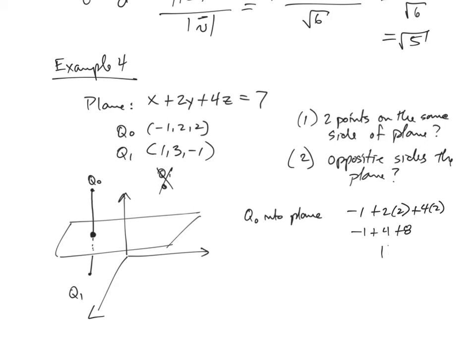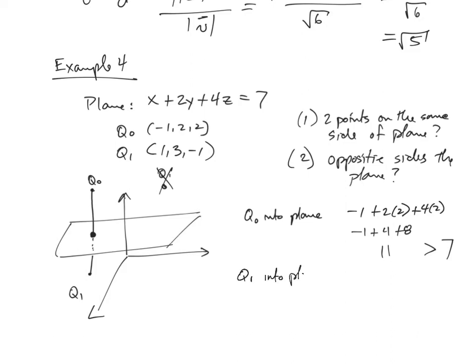We get 11. 11 is obviously bigger than 7, which is what it should equal if this point is on the plane. So obviously Q0 is not on the plane. It's on one side of the plane or the other. Okay, let's take coordinates for Q1